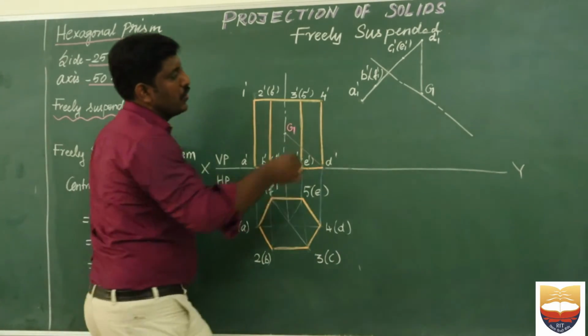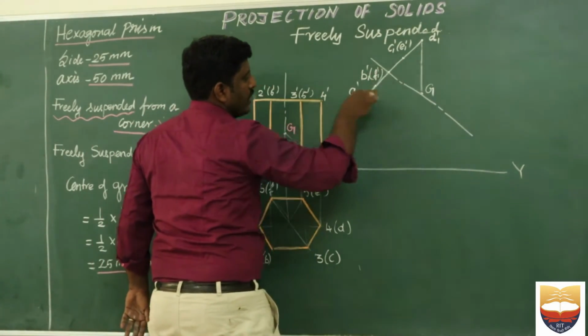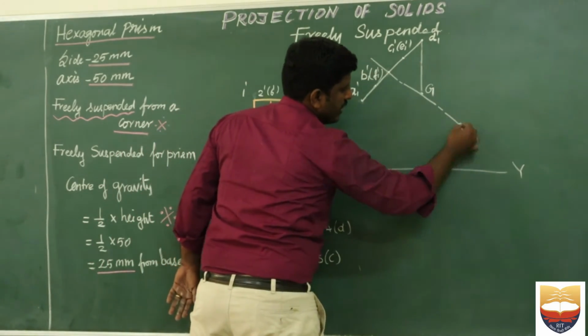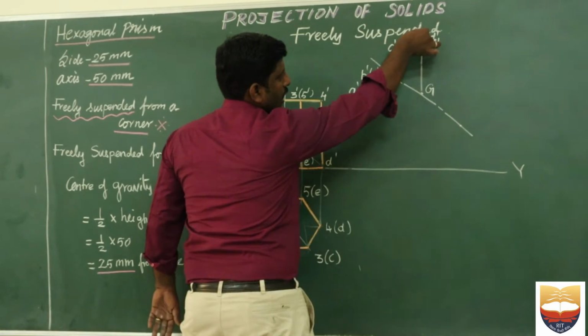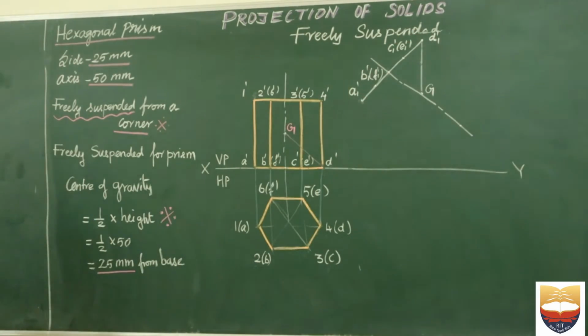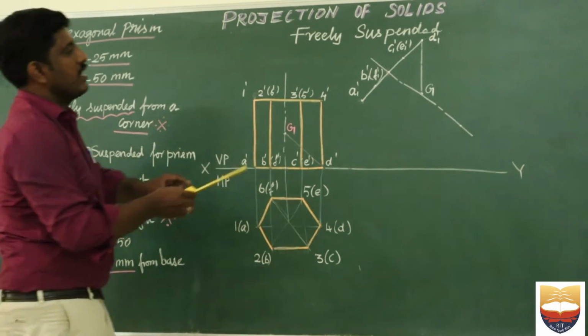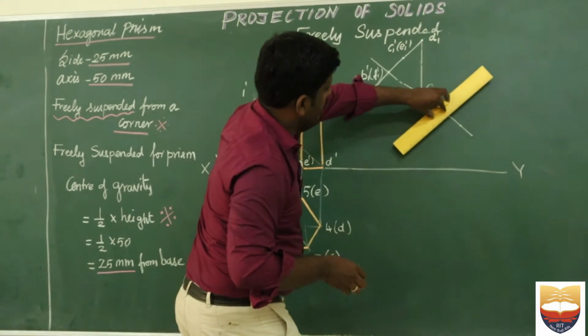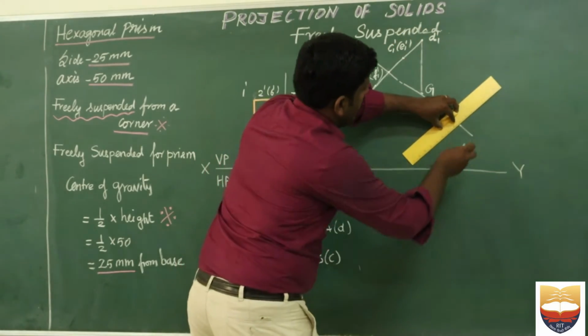So now what I have to do is, see here, from this point, the height of the prism is 56. From here I am measuring 56 here. Okay, I am drawing a line which is parallel to my base. I am drawing a line which is parallel to my base. See here. So here I am having my base. I am bringing that base here. I am drawing a line which is